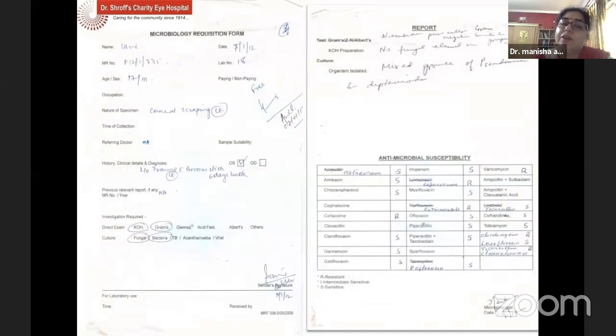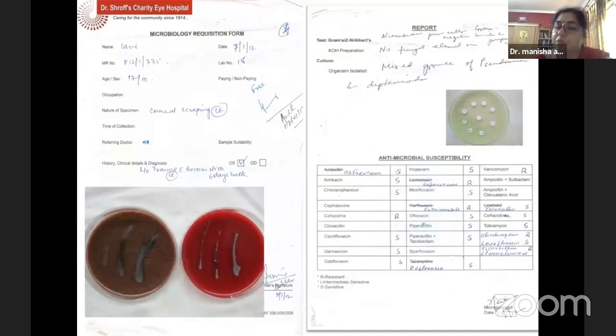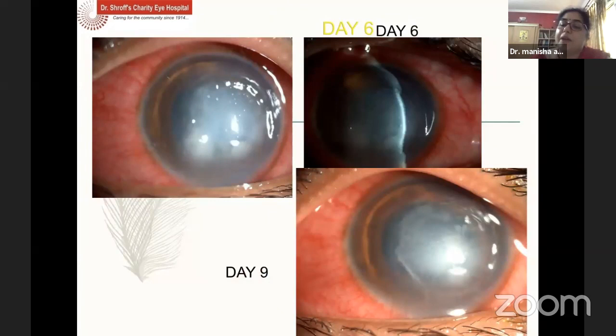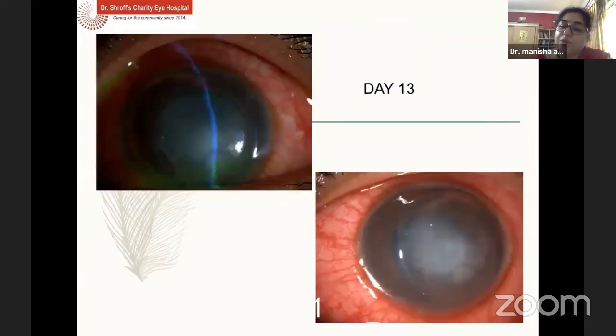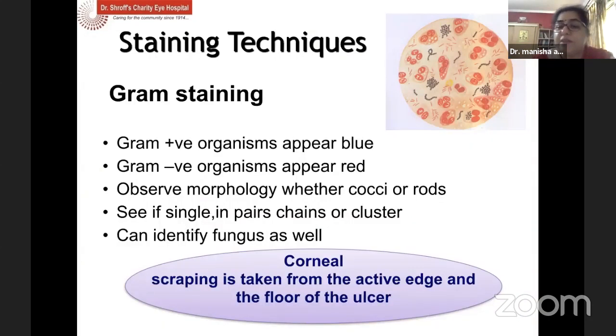After 3 days, we got the detailed microbiological reports with sensitivity patterns as well. We continued the medications as the patient looked sensitive to the antibiotics which we had started. By day 9, the patient had become much better and the corneal lesion had healed, and by 2 to 3 weeks, the corneal lesion had scarred almost completely. So what was different? He was already on medications before. What was different that we did? Basically, it's the corneal scraping which helps.